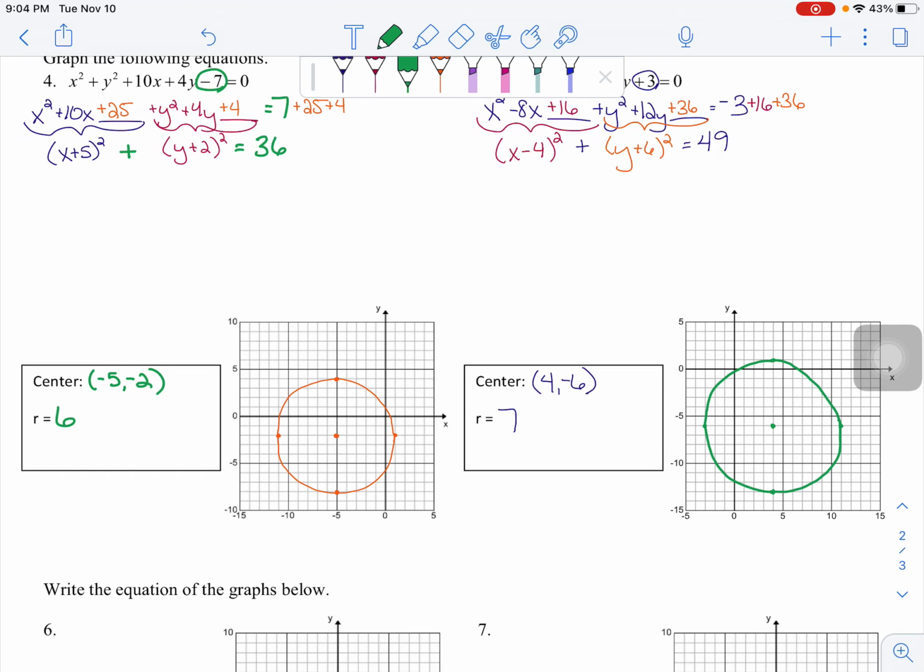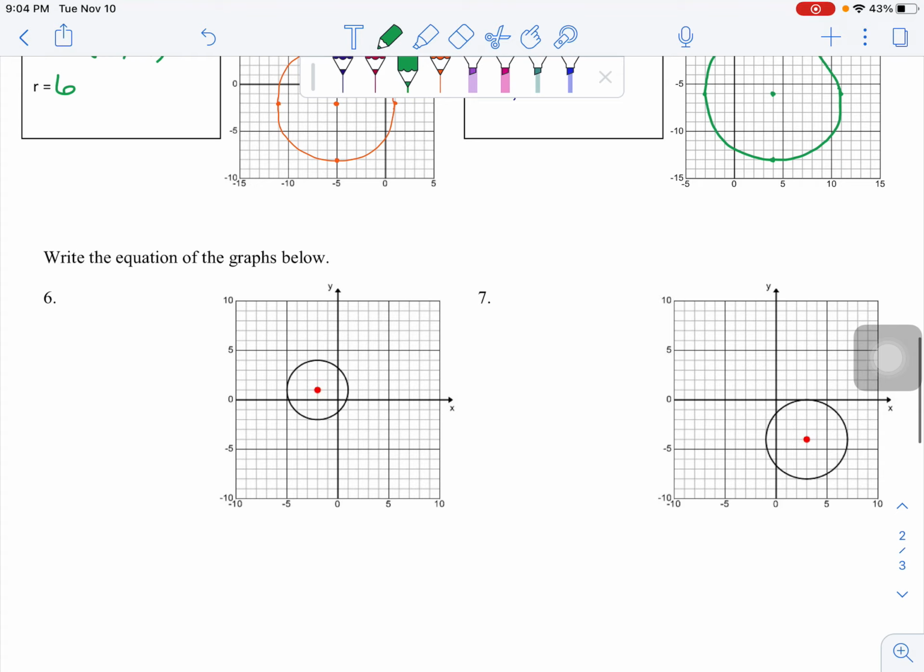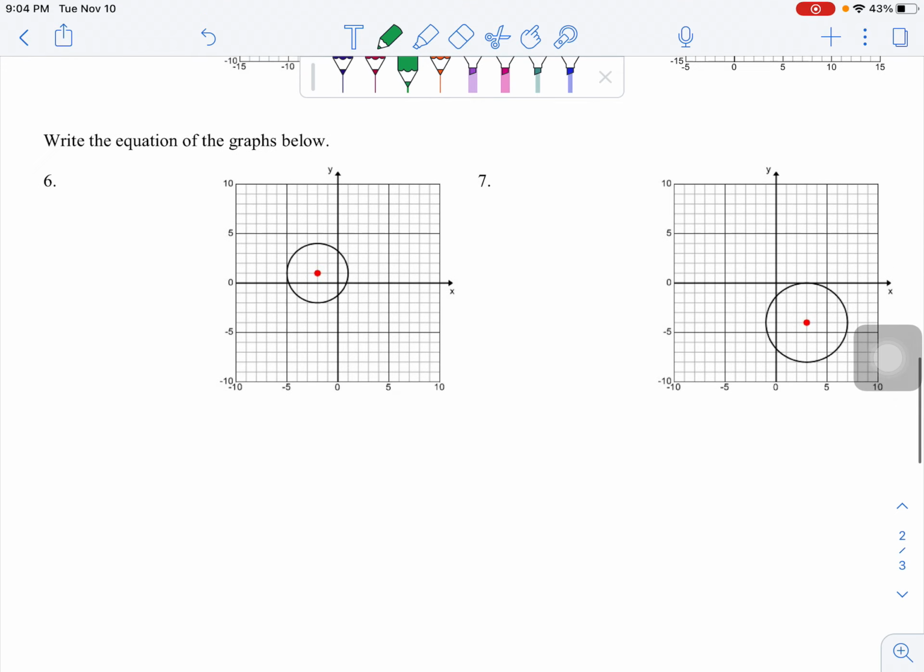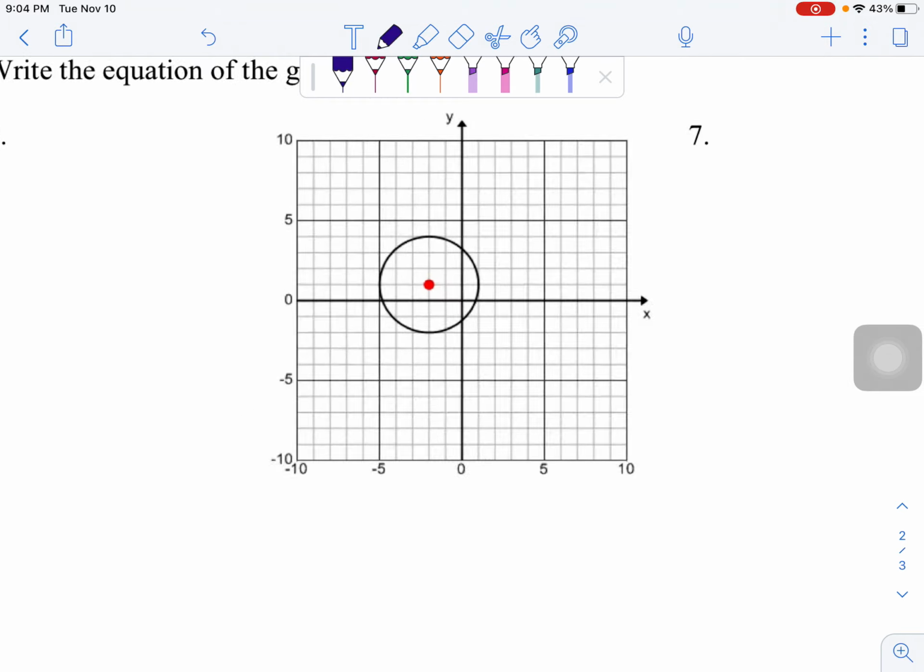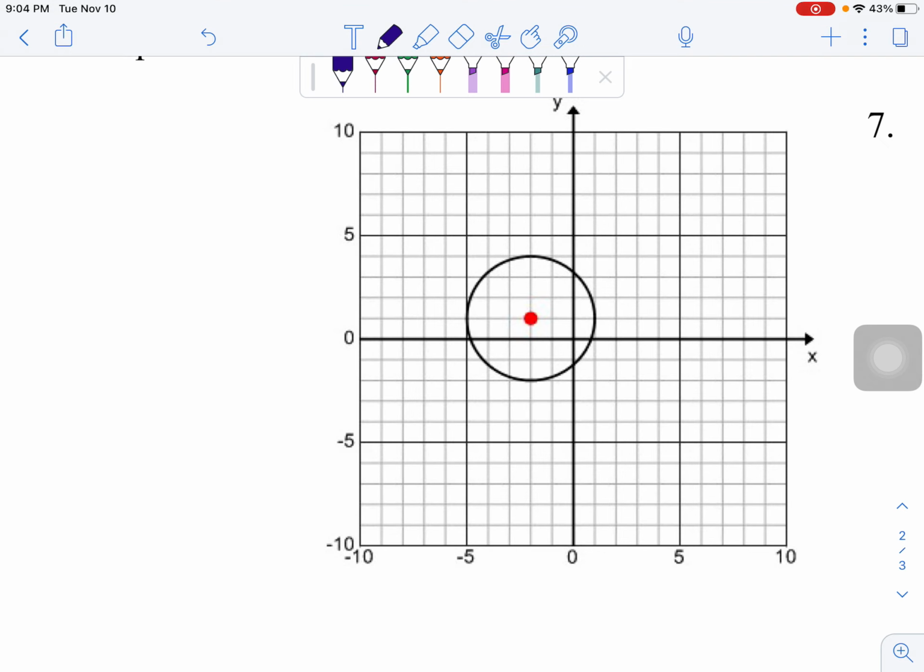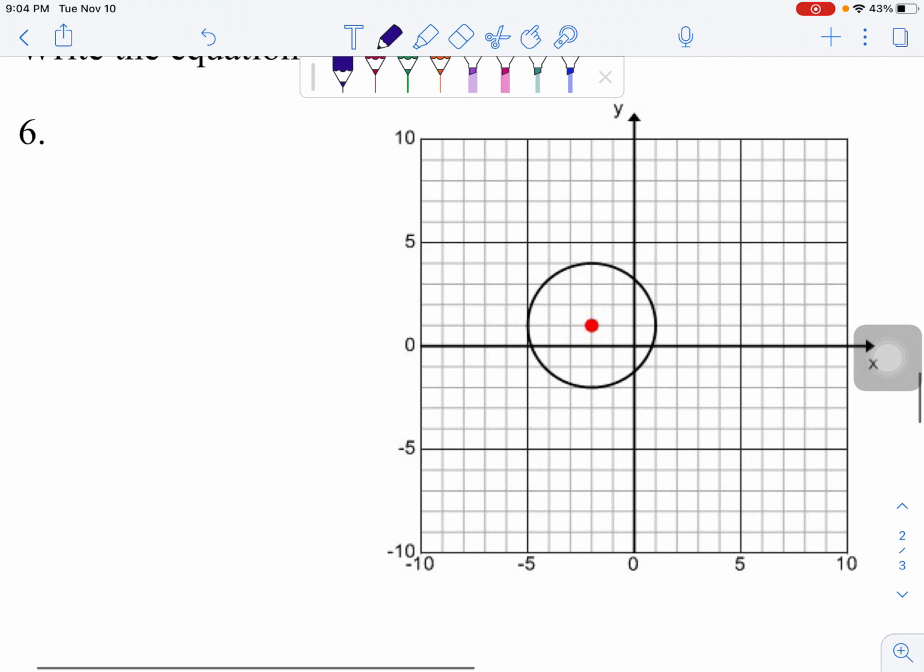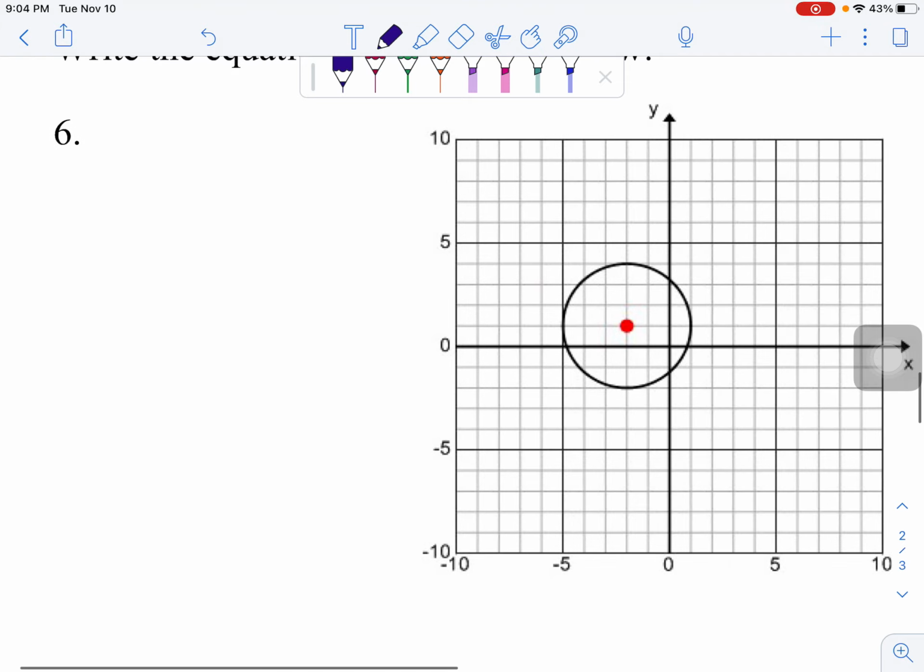For problem number 6 and problem number 7, we're giving you the graph. I'm telling you this is the graph and I want an equation. So what I'm going to do is look to the graph for problem number 6. I'm going to zoom in, all right, and I'm going to find my center first. So the center here is, let's see what we've got here. Let's go ahead and mark this. The center is negative 2, 1,